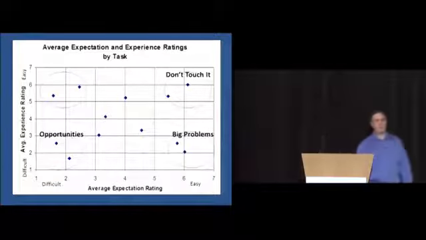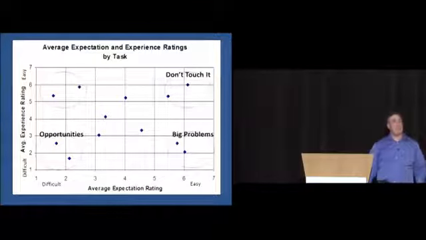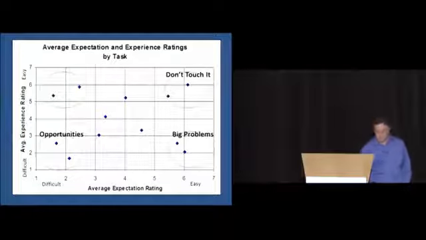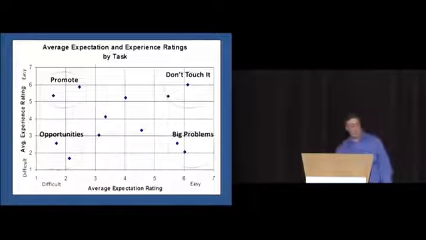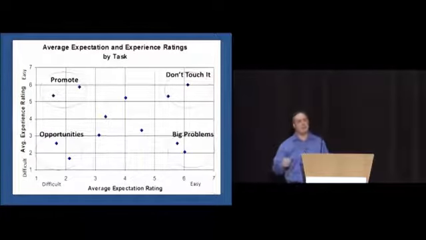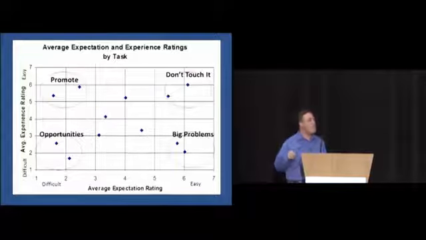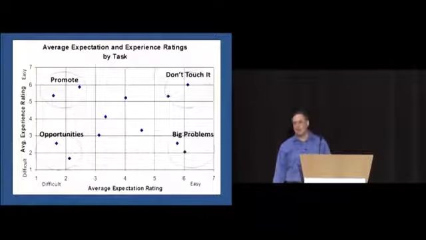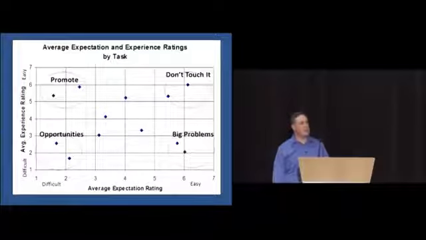Things that people expect to be difficult and they are difficult, yeah, I told you so, that was going to be hard. Those are your opportunities to improve user satisfaction. And things that people expect to be difficult and it turns out to be easy, people love that. That raises your overall satisfaction scores faster than anything. Oh my God, I thought that was going to be a real pain. 2 clicks, I couldn't believe I was done with it. That really exceeded my expectations.